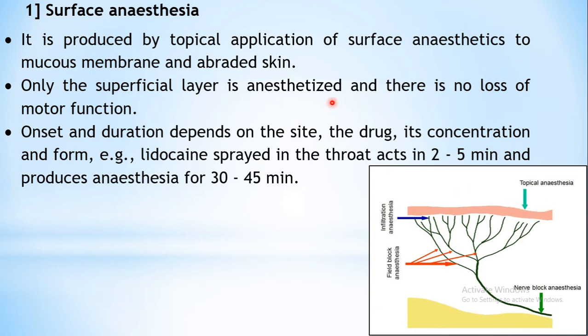Anesthetized meaning there will be loss of all the sensory perception, and pain is the one which is affected the most, as we have seen in the actions. Here the sensory functions are abolished, but there is no loss of motor function. Supposing you are applying your local anesthetic in this region, if there is any motor neuron coming to that area, that is not getting affected. Only the sensory perception is affected, mainly the pain, in this restricted area where you are applying it.